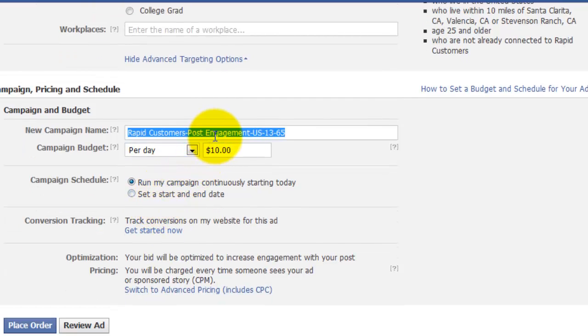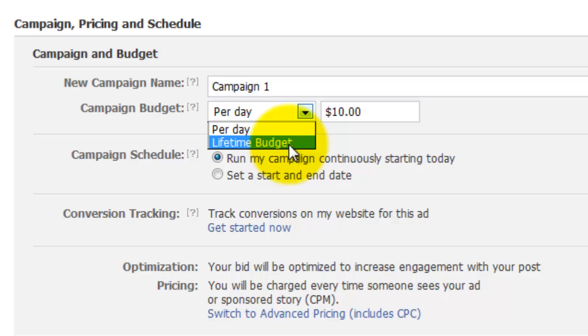Number one, I want to name this here campaign 1, and then campaign budget. You have 2 options, per day or lifetime budget. If you're going to do per day, the most effective one that works for us is this number here, $75 a day. And the campaign scheduling, you could run it continuously starting today, or